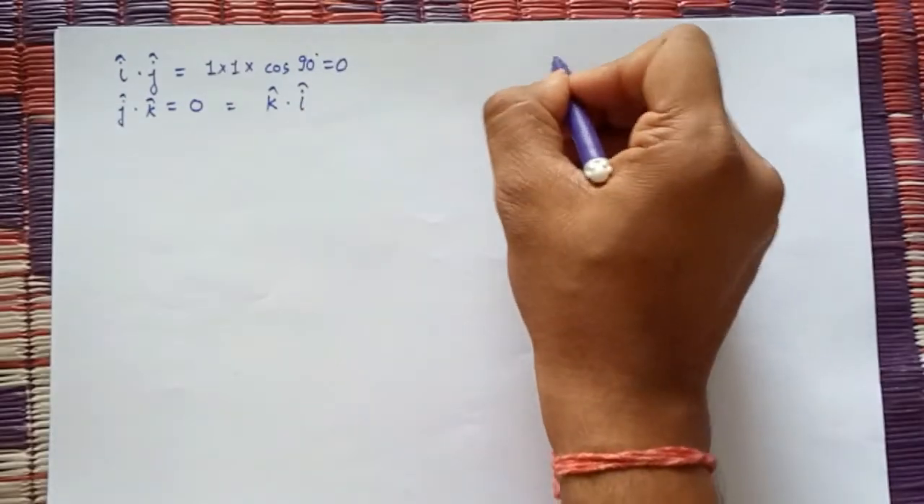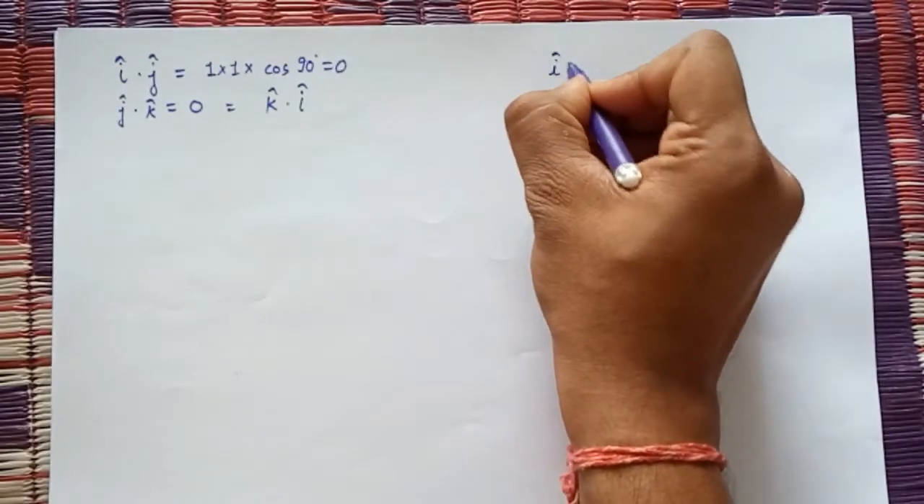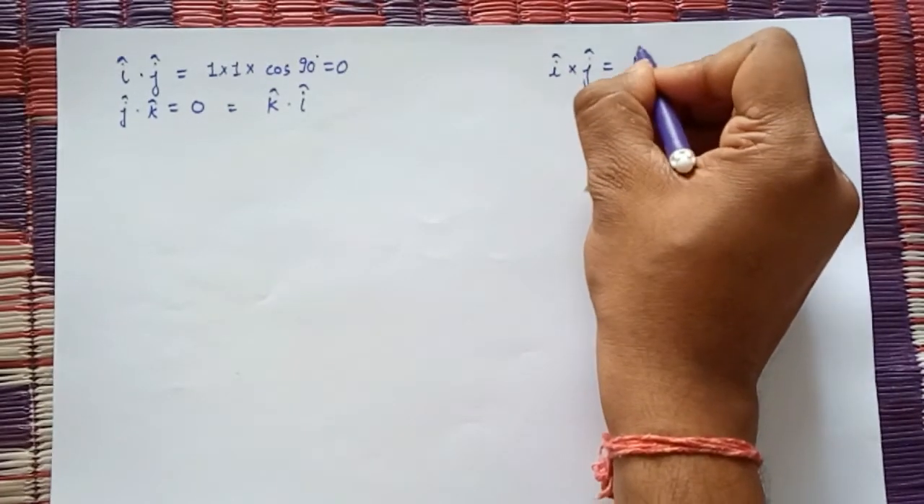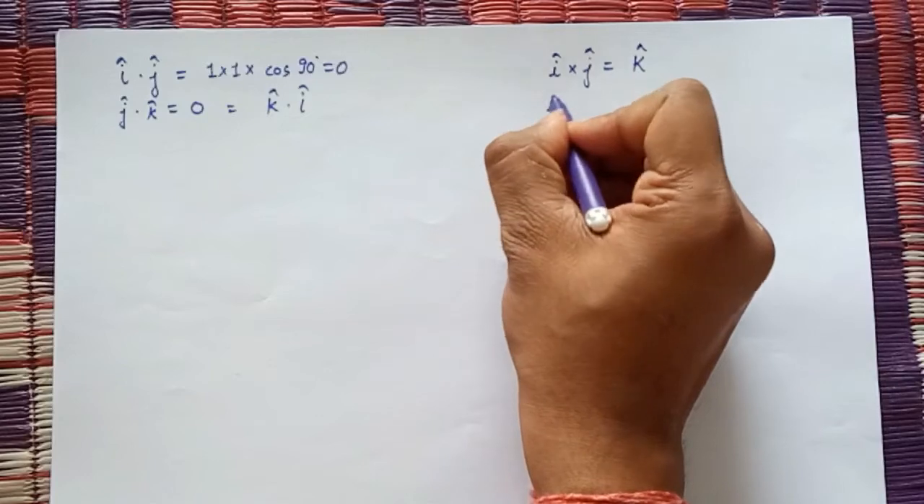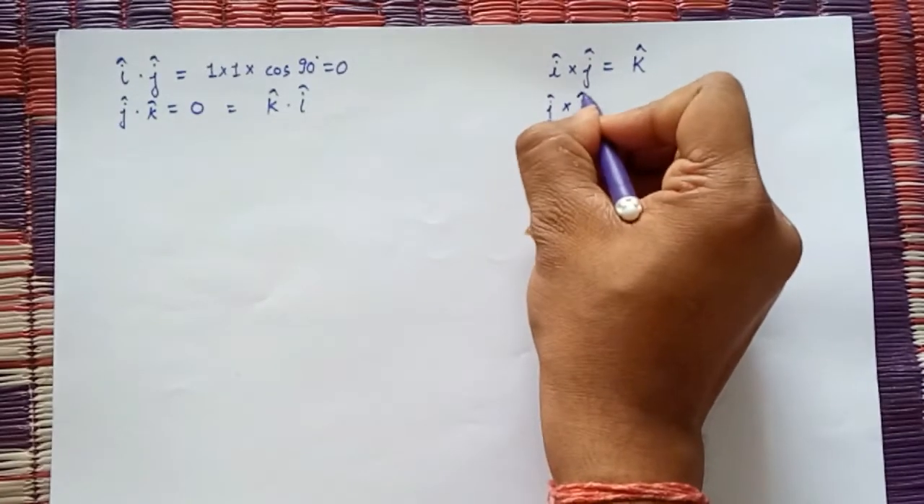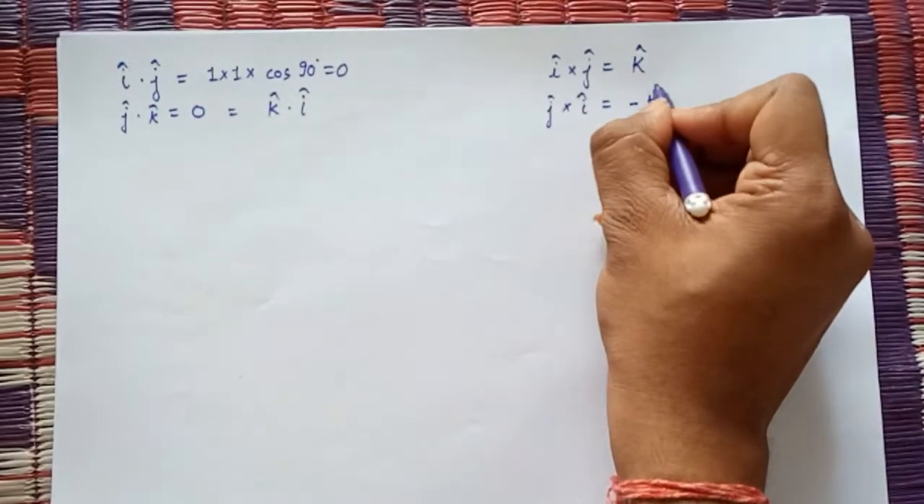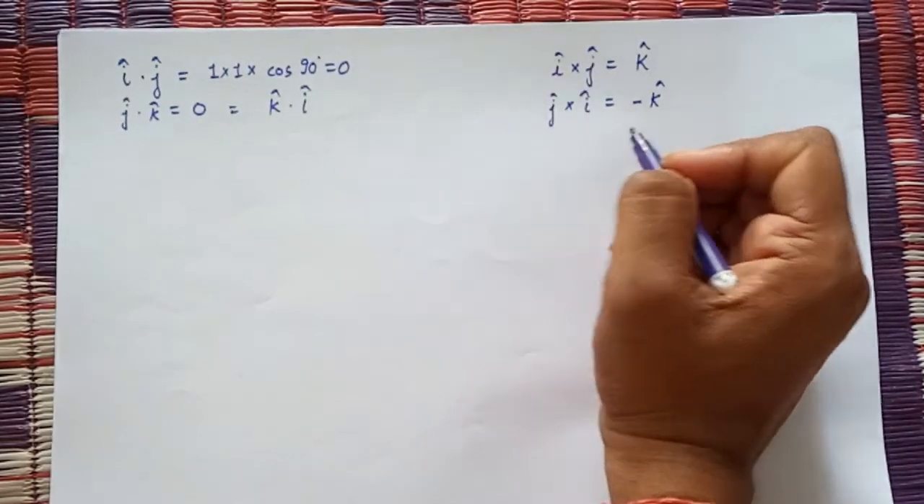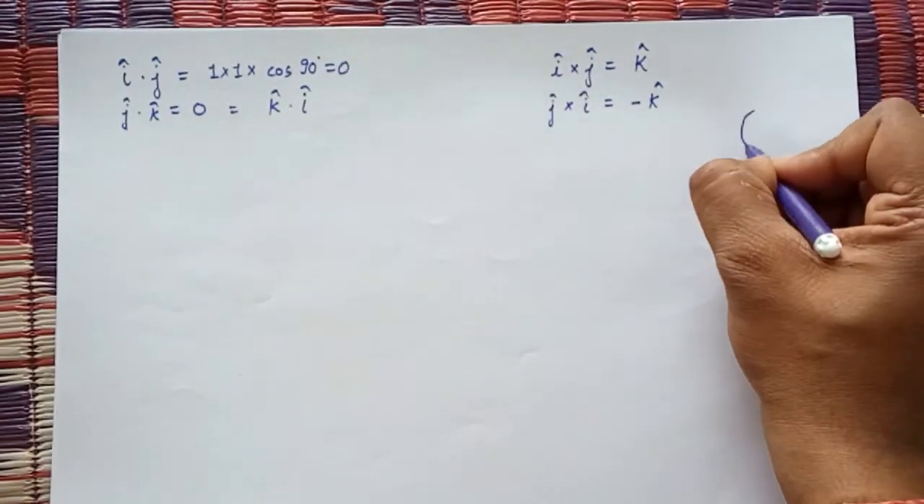But for I cross J, it will be equal to K. And what about J cross I? It will be equal to minus of K, as A cross B is equal to minus of B cross A. You can also learn this by